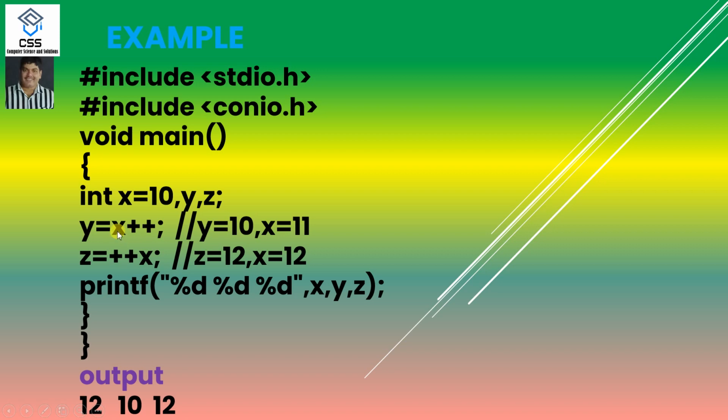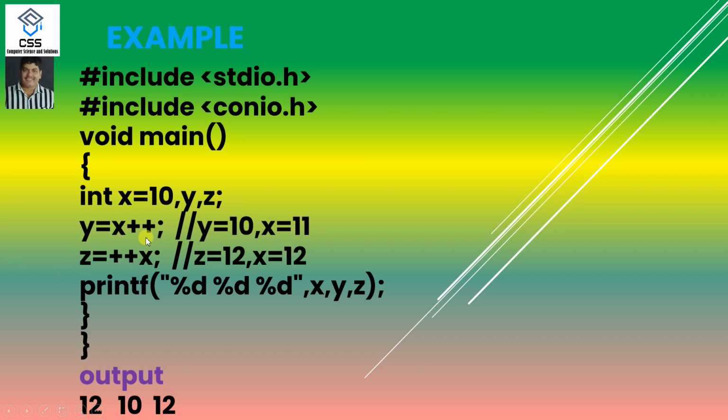Again I am repeating, x here is postfix type. In postfix logic, first it stores, then increments. Hence, y carries 10, then x is incremented to 11. Then in the next step, the recent value will be taken, not the previous value. The recent value of x is 11. Plus plus x is a prefix type, prefix increment. First it is increased by 1. X value is 11, it becomes 12,